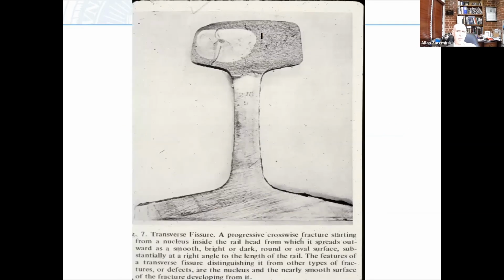So here's a better picture of it, showing the nucleation point. In this particular picture, this is a hydrogen inclusion. This is a concentration of hydrogen that was trapped in the rail manufacturing process. Now, the good news is, as we've been moving to a manufacturing process called clean steel, which was adopted in